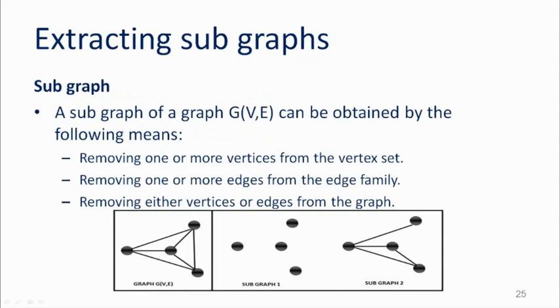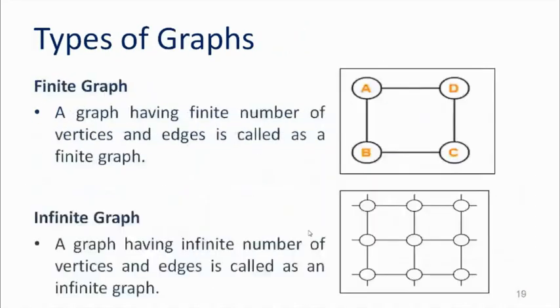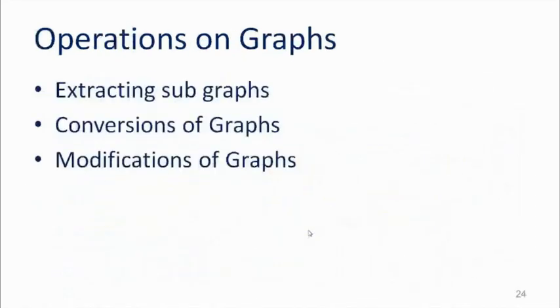So extracting subgraphs. Subgraph means it is the part of the main graph. So that means whatever the edges connected to the vertices in the main graph, the same kind of pattern must be observed in the subgraph also. For example, if you look at the given graph here, without edges, whatever the dots we are going to see here, this is also a kind of graph. So what is this graph said to be? We don't have any edges, only simply dots are there. What kind of graph is it? We have seen in the last lecture. It's a null graph.